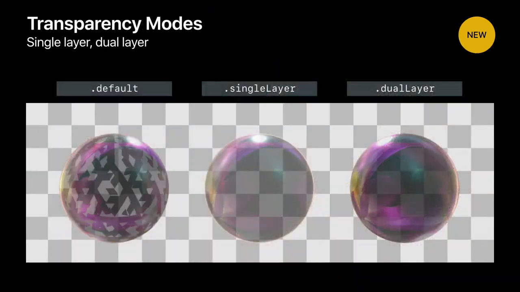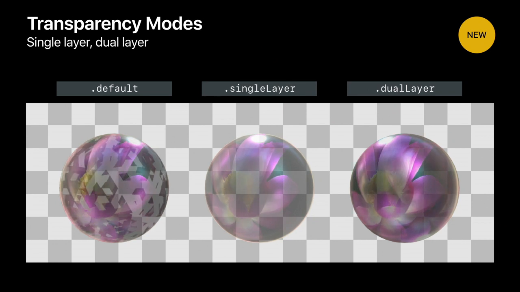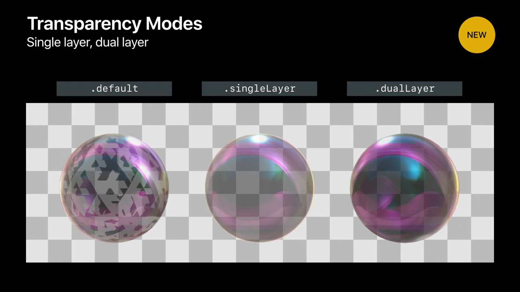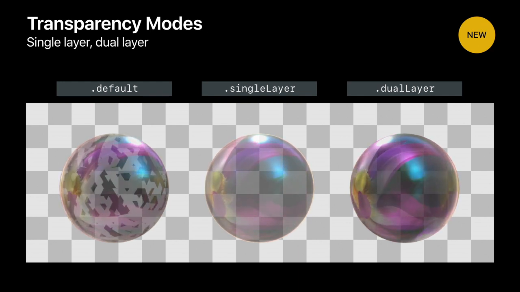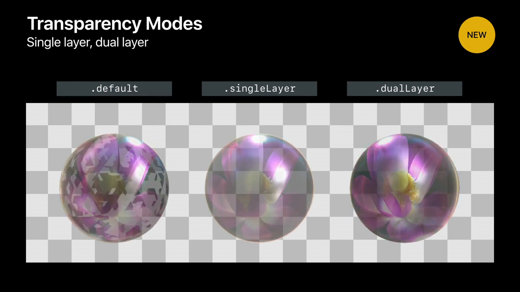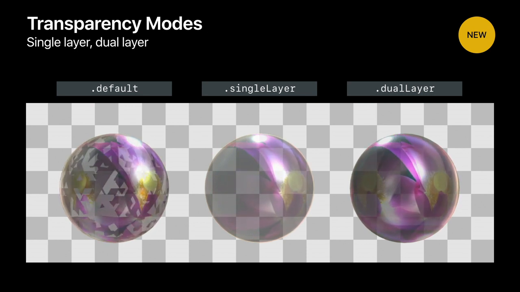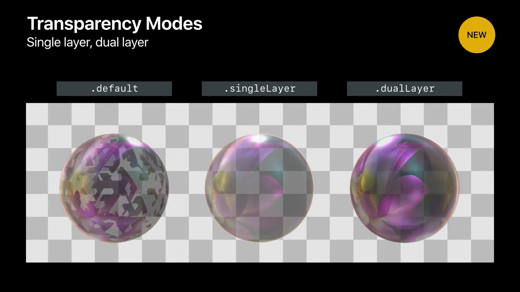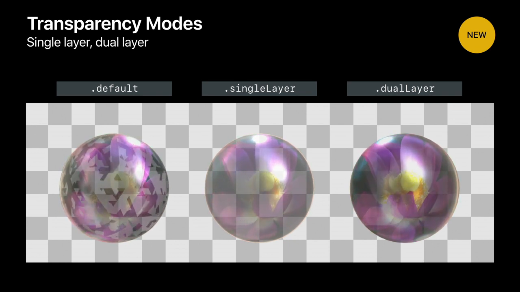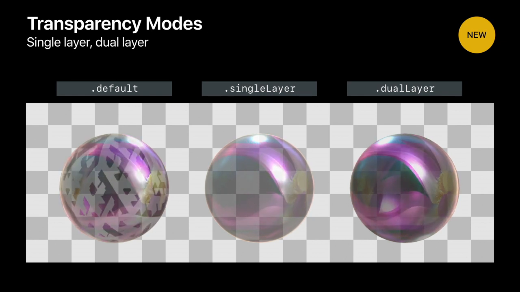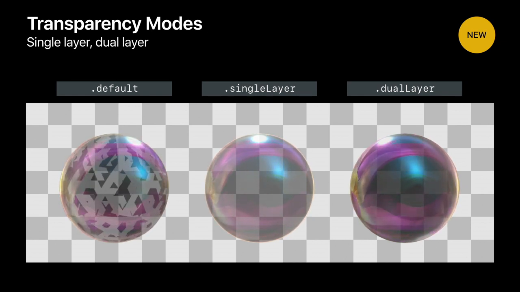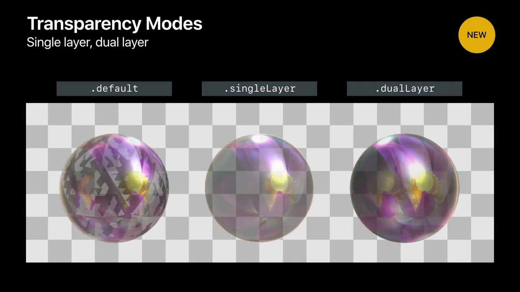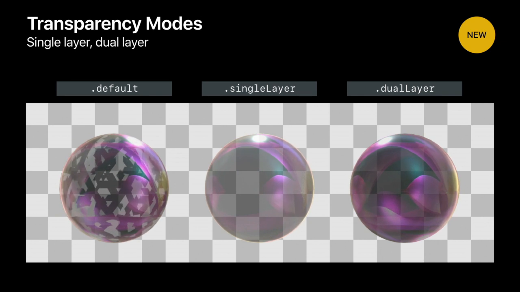And then we added two new transparency modes to our material to address the problems of double-sided objects or concave objects that are semi-transparent. So if you take the object on the left, you can see a double-sided sphere, semi-transparent, and you will notice the artifact because the polygons are not rendered from back to front. So SceneKit will render your objects from back to front for correct transparency, but it won't sort the individual polygons of a geometry. And so to address that problem, we introduced two new transparency modes.